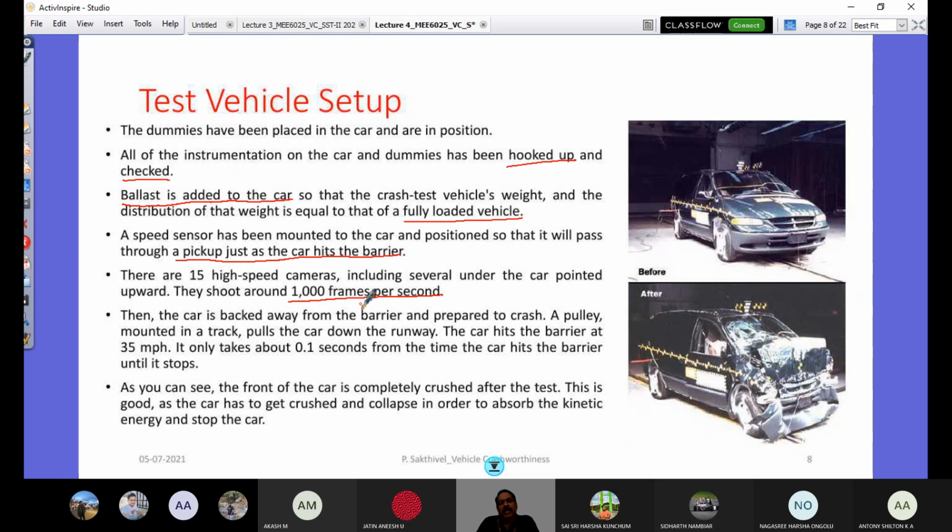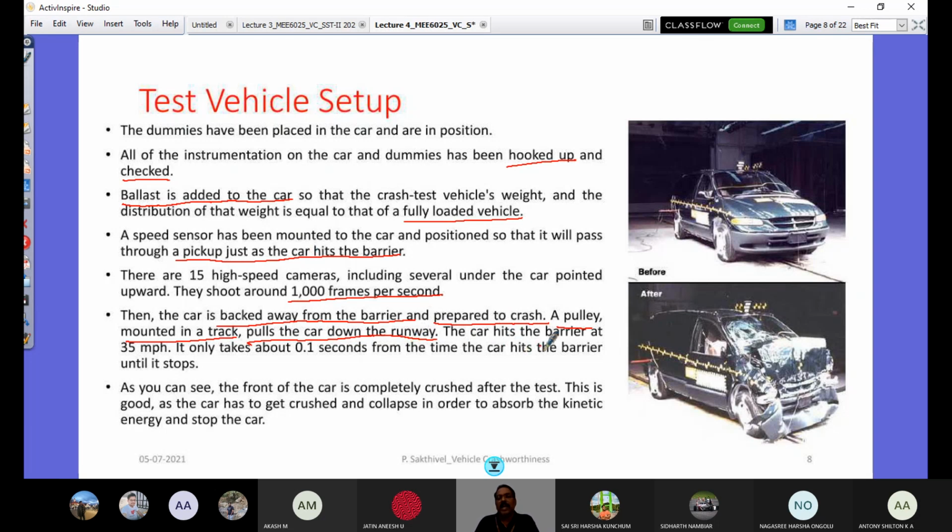What is this image analysis? How these images are looked at and how they are used in further vehicle safety measures. Right, so these are the camera specifications, and then the car is backed away from the barrier. So this is what you have to see. It's backed away from the barrier and prepared to crash. A pulley mounted in a track pulls the car down the runway. So it has been pulled. It is not driven. The vehicle is just pulled towards the